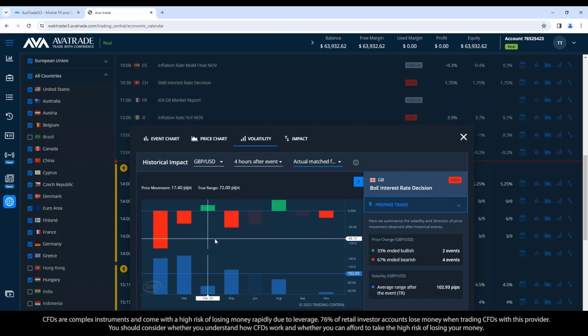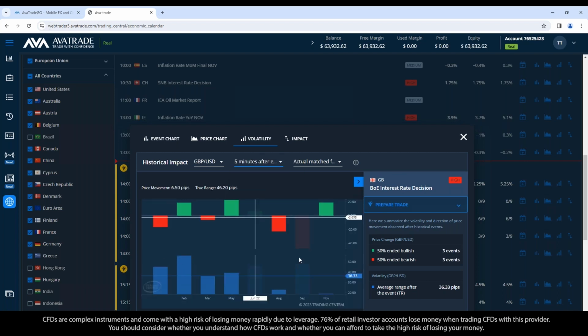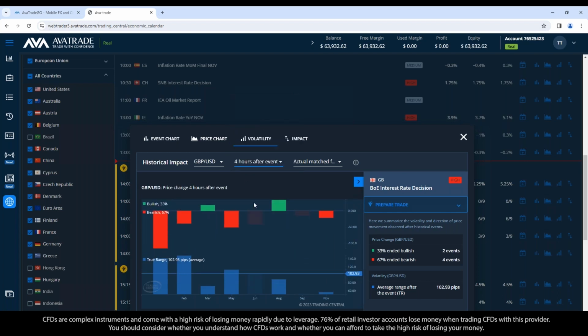Does it mean you'll win every time if you do this? No. But certainly we see a statistical advantage. And yesterday it came to fruition for the US one. Perhaps it'll happen again here. Again, you can measure your risk because we know after 4 hours, it's over 102 pips range movement. In the first 5 minutes, only 36 pip range movement. And look how many of them went up in the first 5 minutes, even though after 4 hours, the expectation was most of them would be down. So again, in the first 5 minutes, you didn't miss the movement here.